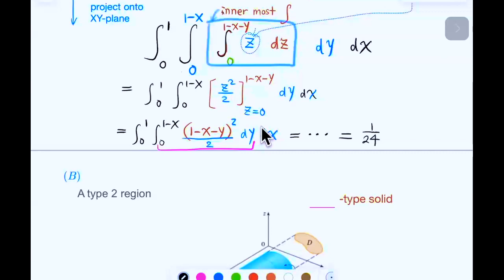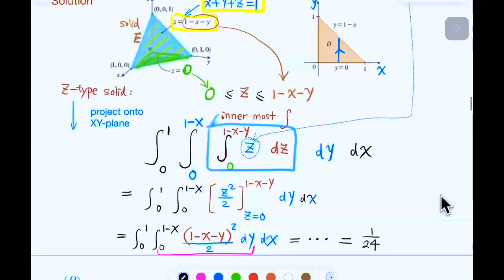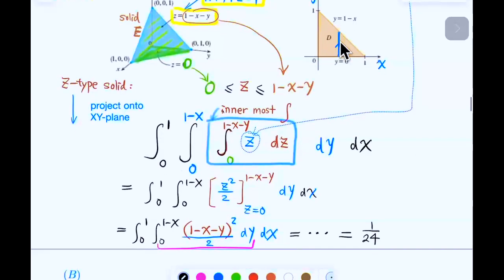What does this 1 over 24 represent? Morgan, you have a question? Yeah, I just quickly, on the equation projected from the XY plane, essentially the limits of integration would change only for x and y. But yes, we could do that, right? We could say it as if we went from type 2 instead of type 1, and that would just be 0 to 1 minus 1, and then would be